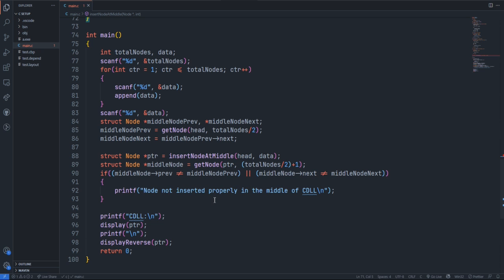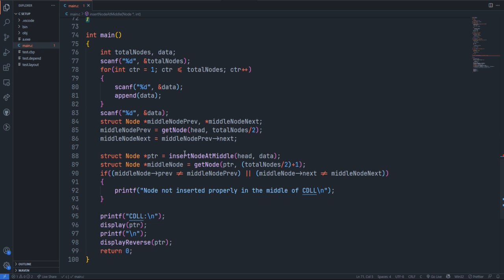But it won't execute when I do the code, because whenever I do an operation with a linked list, all I get is a segmentation error, core dump. So this is a waste of coding time for them. They have created a middle node, and they have checked the middle node previous with the middle node next. If these are not matching, they assume it is not properly inserted. Once the values are inserted properly, they display the values in both right to left and left to right order, just to check whether all nodes are inserted properly.